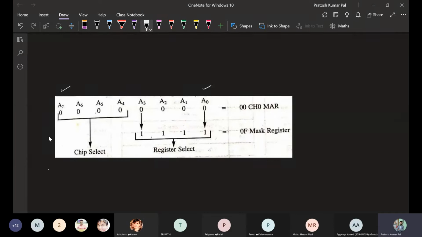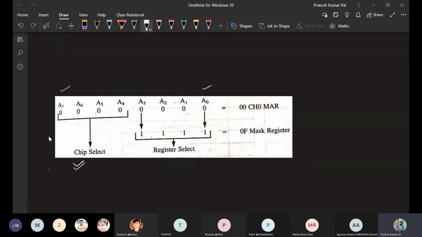In that, the bits A4 to A7 are going to work as, let's say, the chip select for selecting the different registers. So this chip select is controlled by the A4, A5, A6, and A7 values, and this combined is considered as chip select.